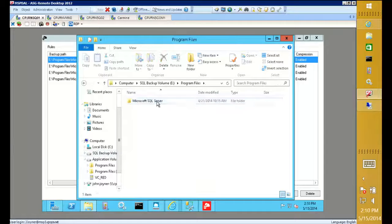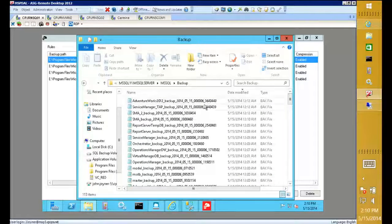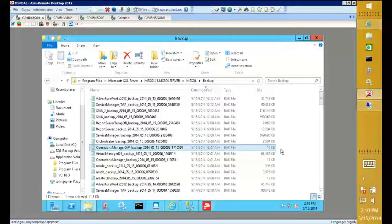If we look at the file folder on the SQL Server where the backup files are going, for example, we're backing up the Operations Manager databases. So here's an Operations Manager database that's been selected. You can see that it's only 12 kilobytes in size. The tool does a number of things. Once a day, it's going to come in and compress and copy that backup file to your Azure storage container. Then it's also going to replace the backup file on your local storage with just a tiny little stub file that's only 12 kilobytes in size, which is actually a pointer to the real backup file that